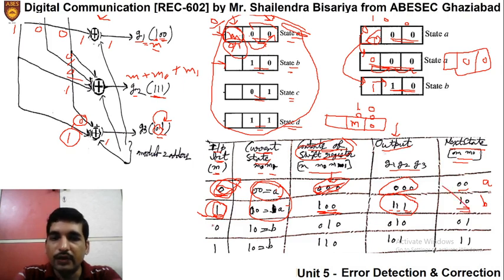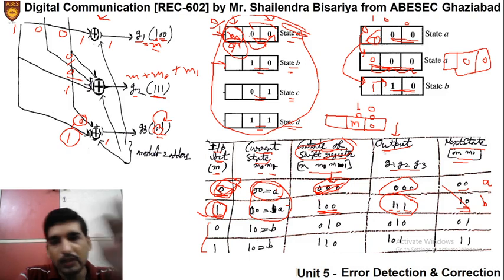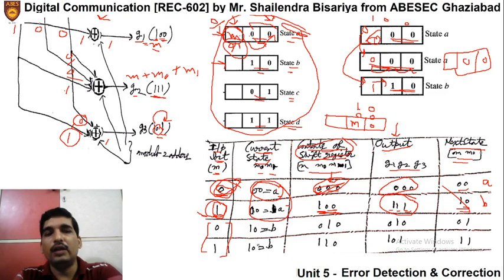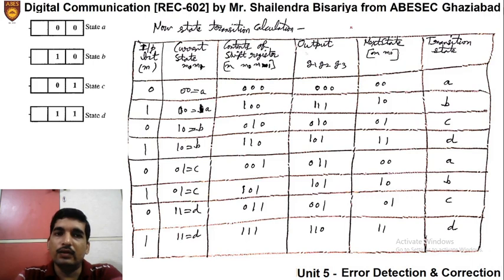Similarly, you can do it further for the next case. Okay. So first of all, for this case, if we will draw the code tree, let us first write all the states in this manner. Just write these states. Check whether you are able to write this in this manner as we have discussed or not. Just do this first. We have done this portion. Now this portion we are talking about, if it is in state B, that means the input bits are 1 0. We are talking about this case.